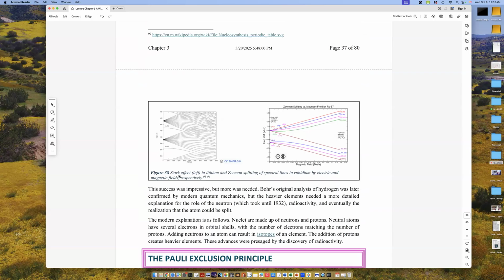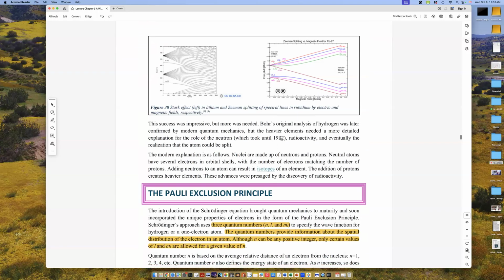If you put lithium into an environment with an electric field, you can see the energy levels change. So you need a scheme, and quantum mechanics gives us this, a scheme for predicting how the energy levels that we observe in an atom like lithium change if you put this in an electric field, and a similar effect in a magnetic field.